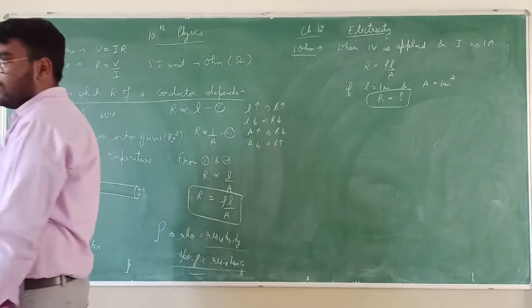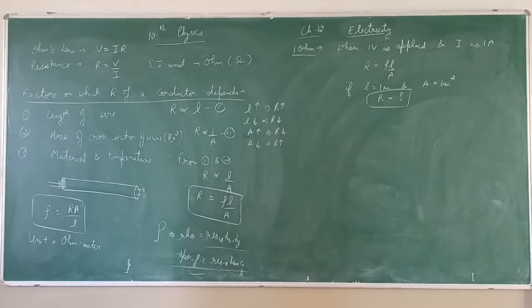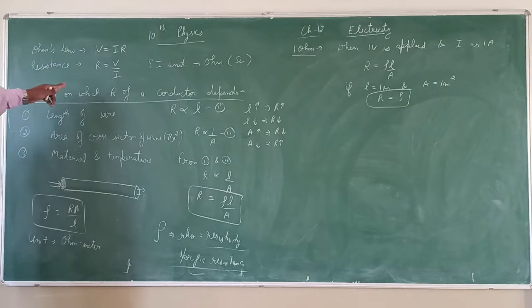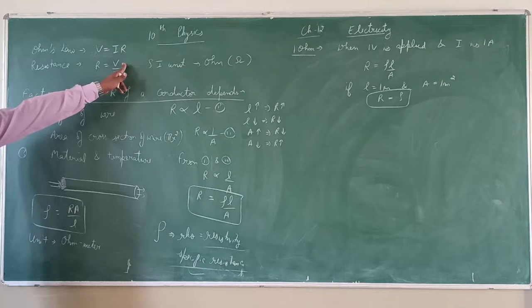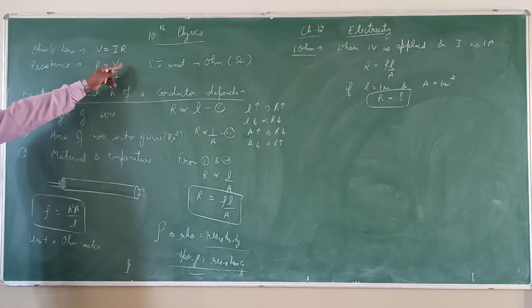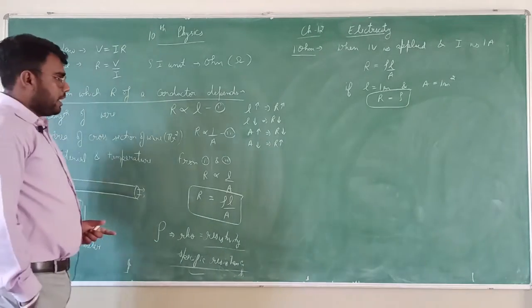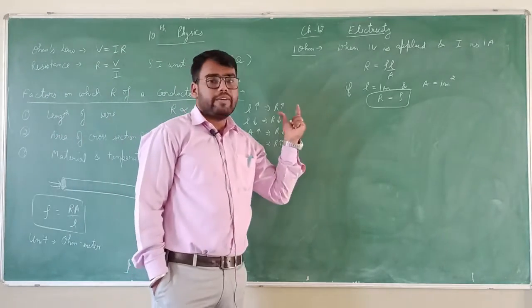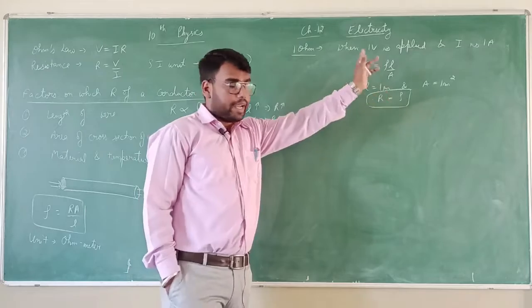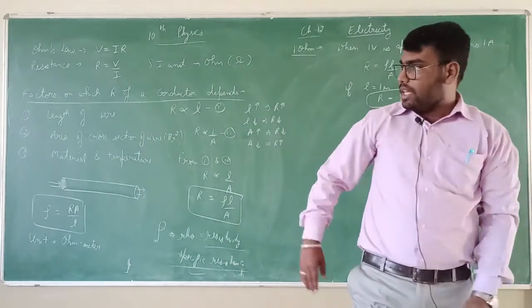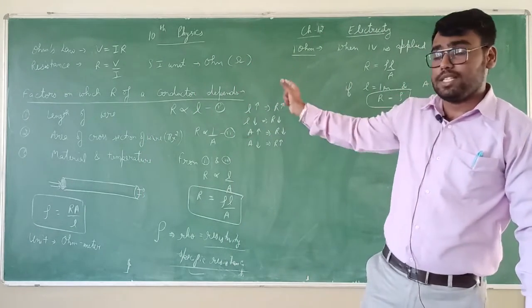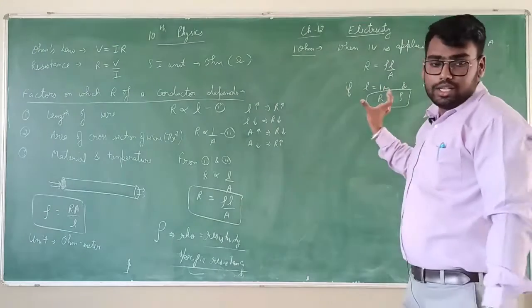Let us take an example of an iron rod. If we take a wire of iron whose length is something and area is something, using this formula we apply a potential difference, measure the current, and on taking the ratio we get the resistance of that iron wire. But if we take a wire whose length is 1 meter and area is 1 meter square, and apply that formula to find its resistance, that value is called resistivity.